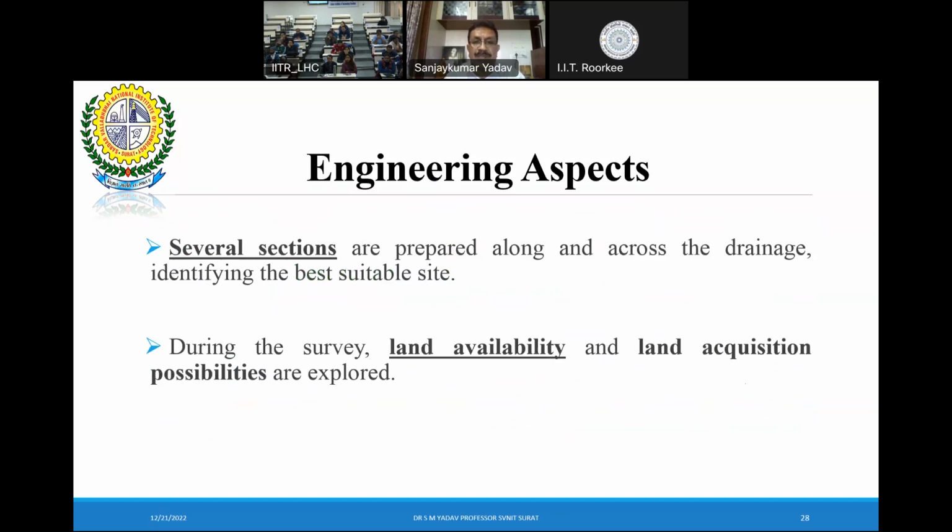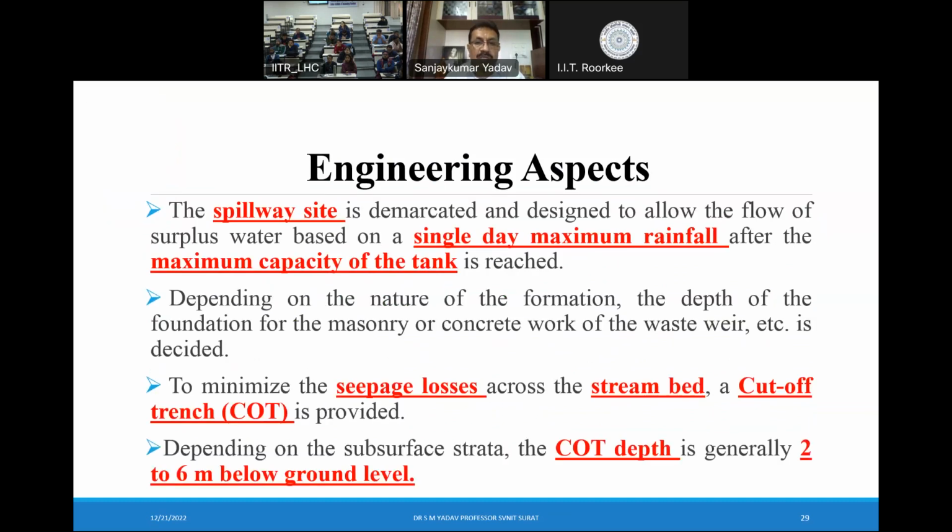Several sections are prepared along and across the drainage, identifying the best suitable site. During the survey, land availability and land acquisition possibilities are required to be explored. The site is demarcated and designed to allow the flow of surplus water, based on a single day maximum rainfall, after the maximum capacity of the tank is reached. Depending on the nature of the formation, the depth of the foundation for the masonry or concrete work of the waste weir, etc., must be